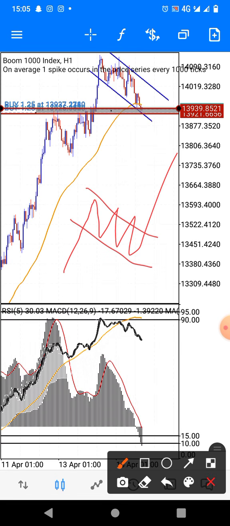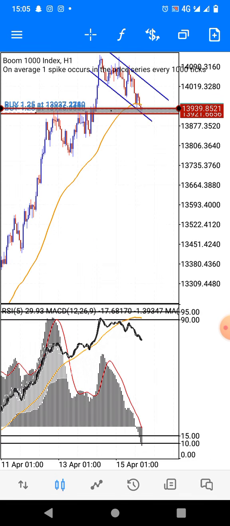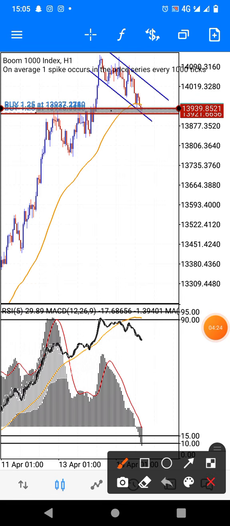So that's for an uptrend. If you are in an uptrend, you should be looking for a structure like this, which is a bullish flag. And if you are in a downtrend, let me just clean that one and bring it up again. If you're in a downtrend, it should be something like this.